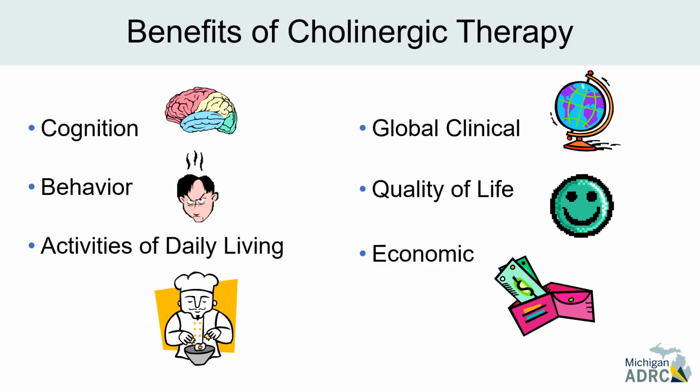In addition to the cognitive benefit of cholinergic therapy, there can also be benefits in other outcomes used in clinical trials, including behavioral outcomes. For example, there may be less apathy when a cholinesterase inhibitor is used. There is better maintenance of activities of daily living. And looking at overall ratings of someone's general clinical well-being, in individuals receiving a cholinergic therapy, typically after 6 months,